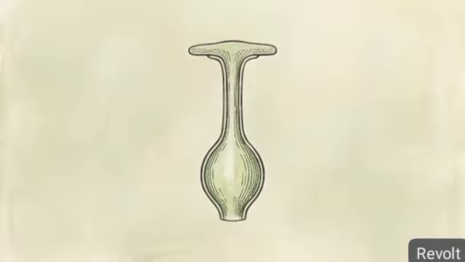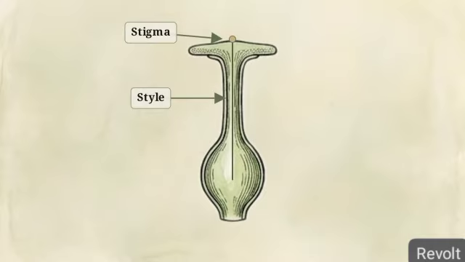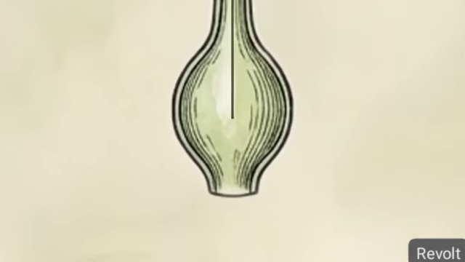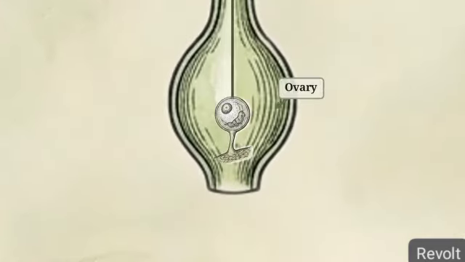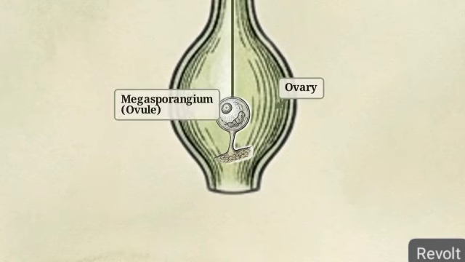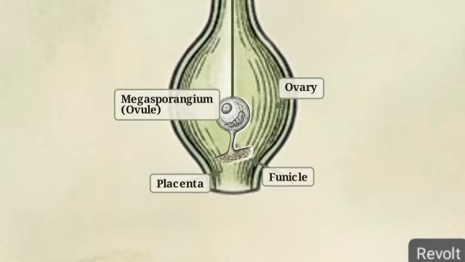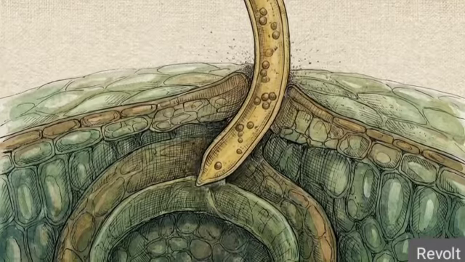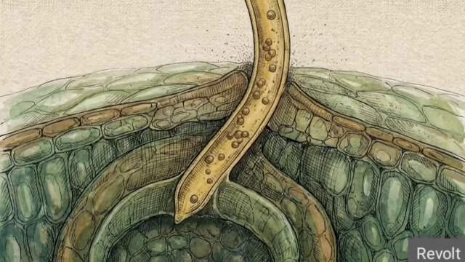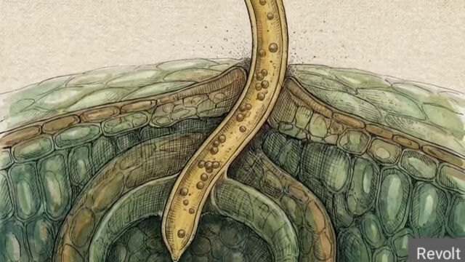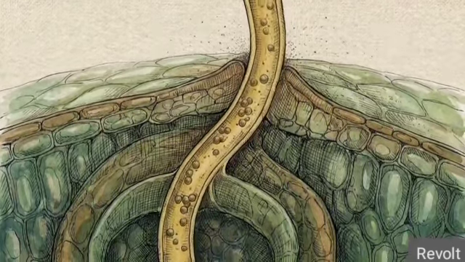Looking at a cross-section of the pistil, the pollen must land on the stigma, a specialized platform capable of capturing it. From there, the path descends through an elongated channel called the style, into the basal chamber known as the ovary. Inside sits the megasporangium, or ovule. It rests upon a tissue cushion called the placenta, anchored by a stalk known as the funicle. The complex architecture of the androecium and precise mathematics of microsporogenesis exist for one biological function: safely delivering a haploid